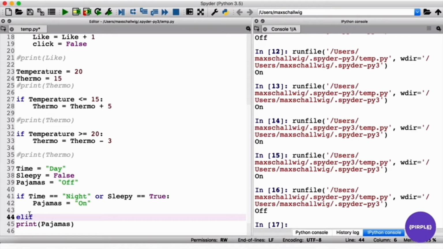And so this keyword means if there is an if statement here, but it's not true, then else, if this is not true, then else, and then we check again for if. But the else ensures that we only check again for the if if this isn't true. So let's check elif if it's morning. So if it's not night, or we're not sleepy, but the time is morning, and let's say we're in bed,